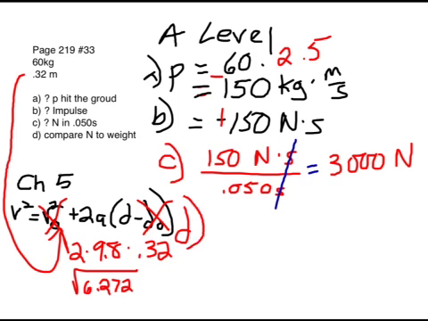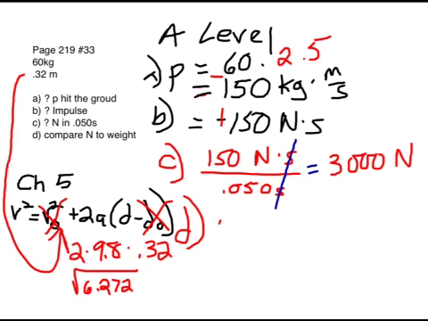Finally, D. And this is where, in an A-level question, we're doing a comparison that, there's no direct formula for this. You'd have to put a few steps together, including memory from the past. The exact problem reads, compare the stopping force to the dancer's weight. And you might say, 3,000 compared to the 60 kilograms, and just take 3,000 divided by 60 kilograms